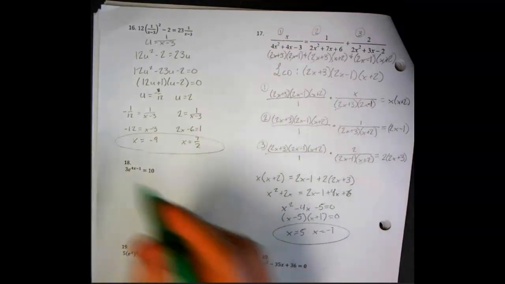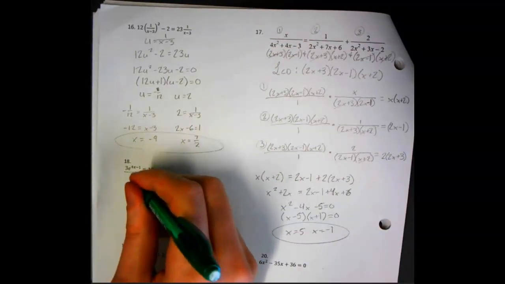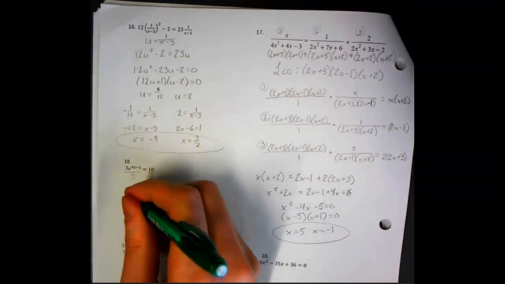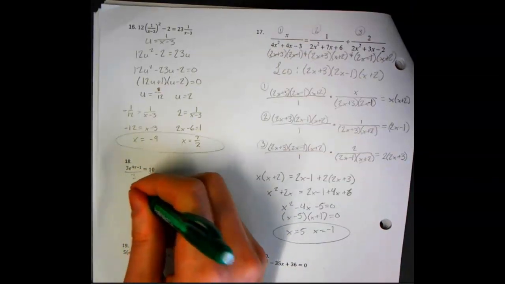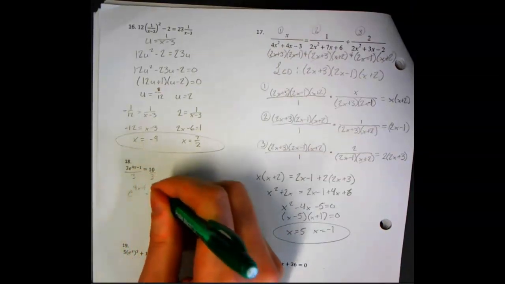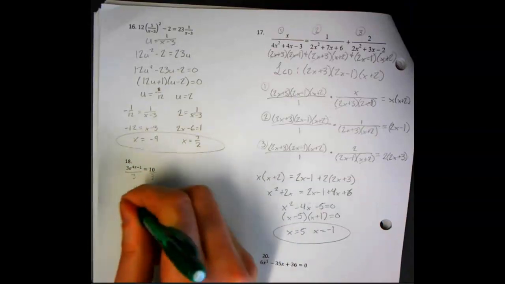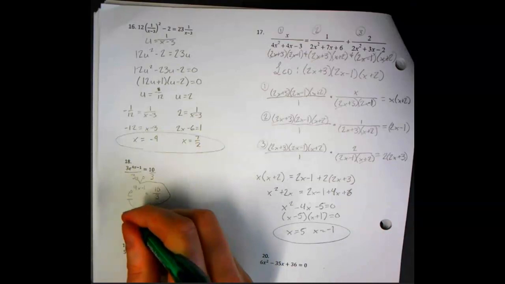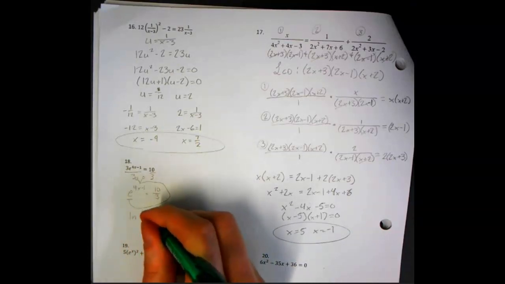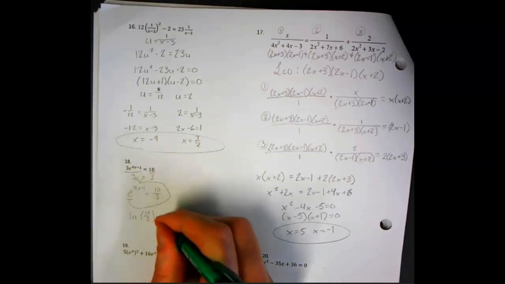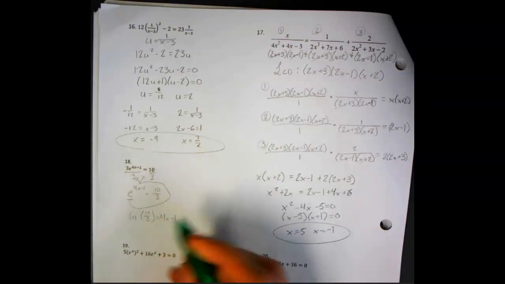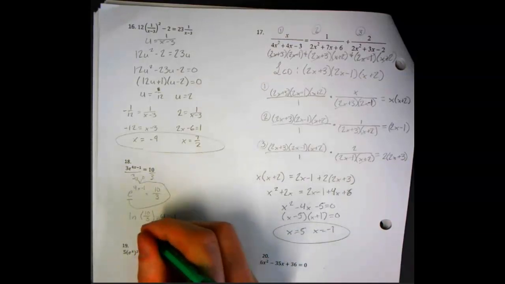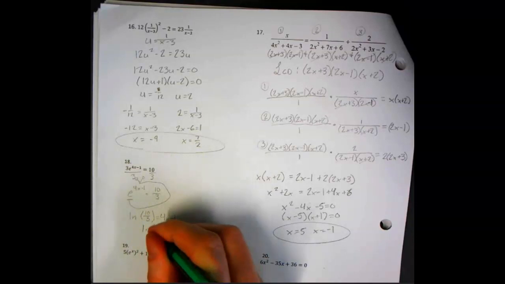For this last one, you're going to start out by dividing by 3 to get the e by itself. Now you can use that snail method, and you'll have natural log of 10/3 equals 4x minus 1. You'll add your 1, divide by 4, and your final answer will be